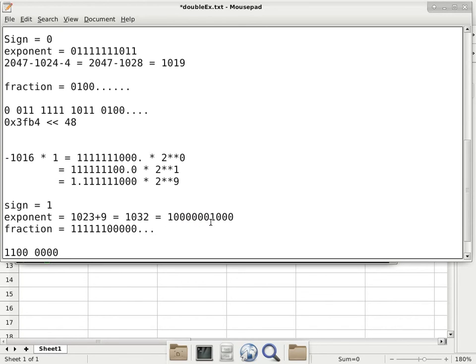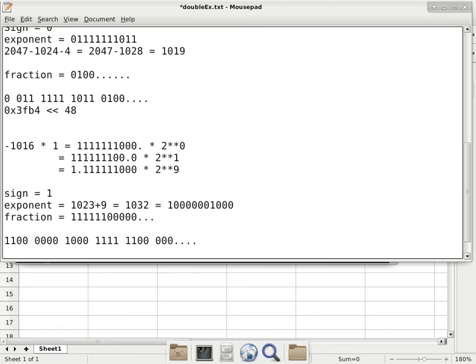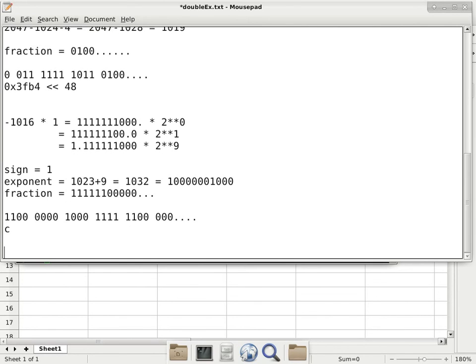And then the next 4 bits are these 4 bits, 1, 0, 0, 0. And then the next 4 bits will be in the fraction part, all 1s. And then the next 4 bits will be these 4. And then we just have a whole bunch of zeros after that. So when you look at this as a hexadecimal number, this is a C. This is a 0. This is an 8, F, C, and a whole bunch of zeros. Which also means I can look at this in hexadecimal,